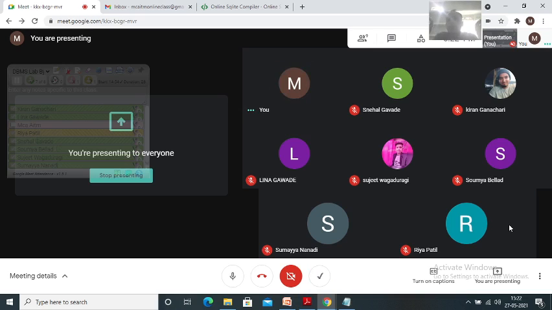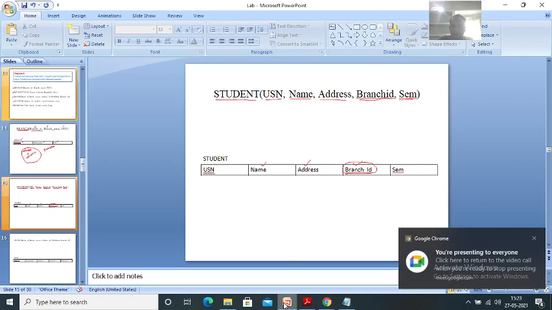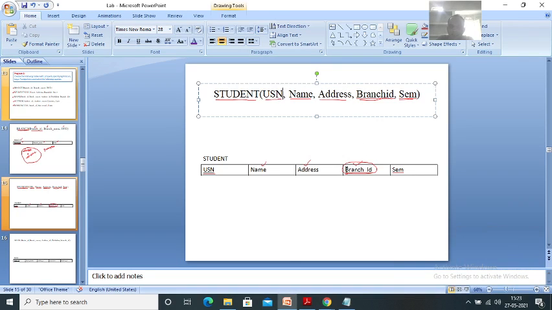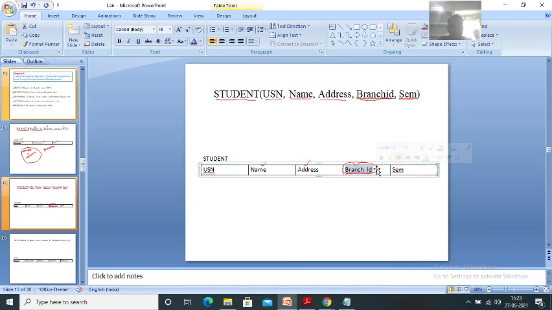The primary key of one table is used as what? Foreign key in another table. Let me show you here. Now see this branch ID. This branch ID is a primary key of the branch table. That primary key is used in this table.